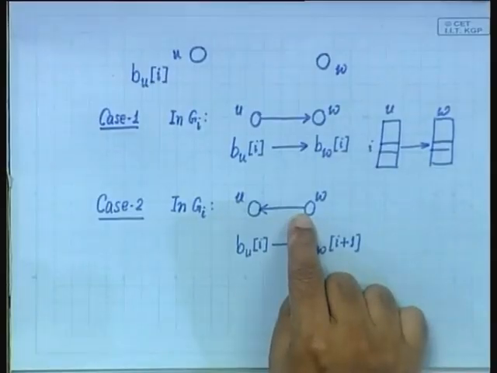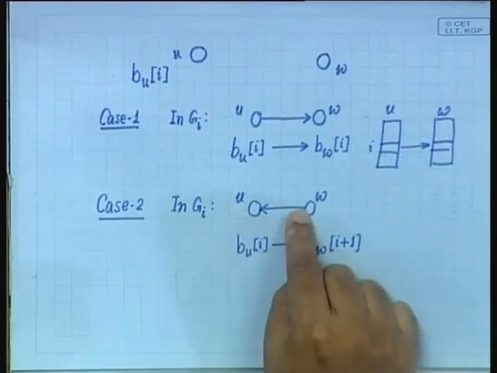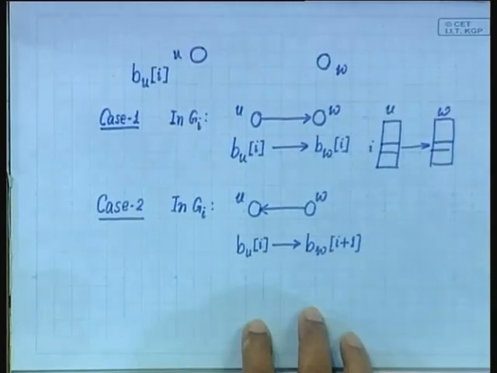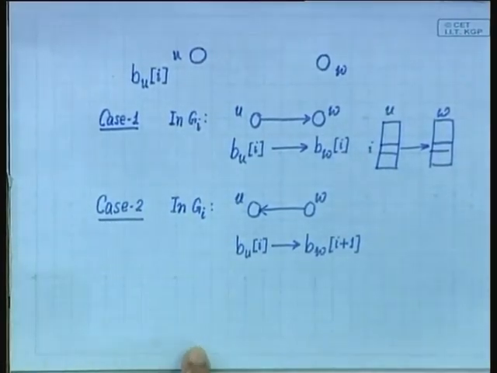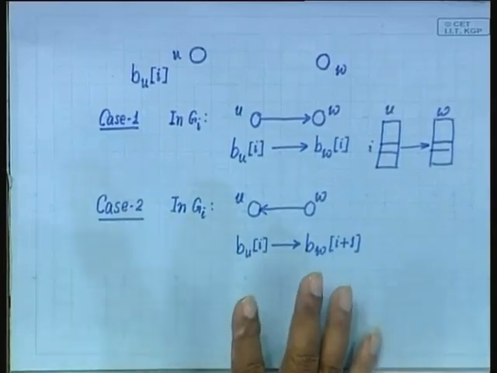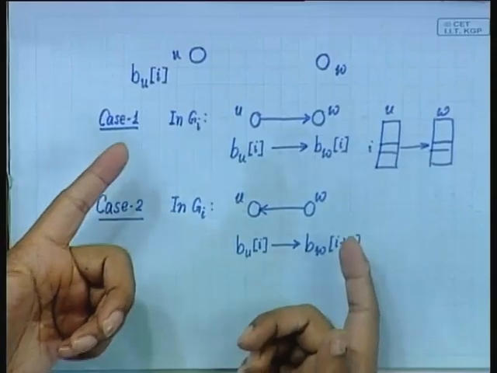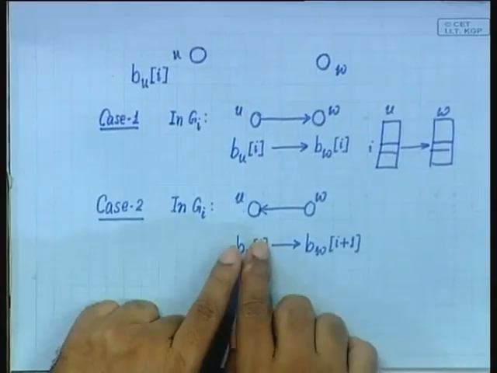So if the packet is in u and it must travel to w, and in this graph there is no path from u to w, no edge from u to w, there has to be an edge from u to w somewhere in the lower or higher graphs, I mean gi plus 1, gi plus 2, gi plus 3. It has to be there, because there is a concatenation of paths which reflects the original routing path, right. So, in that corresponding path the packet will move from u to w,